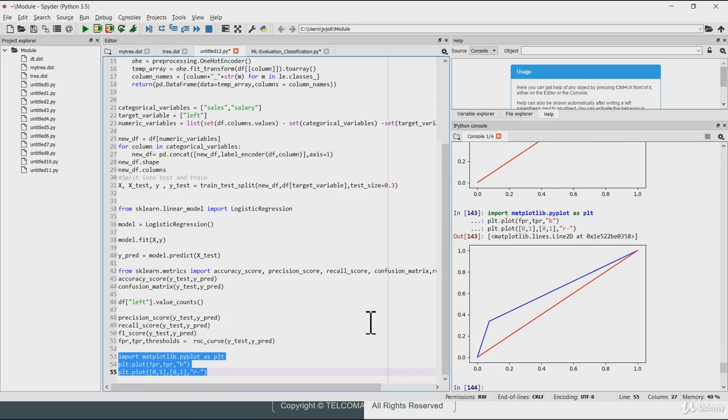Together, the way we understand this would be there is a lift from the baseline, and that lift is not really significant. So this model is not really a great model. This model would have been a great model had the curve been somewhat like this. So the lift from this baseline, if it is higher, would indicate a much better model. So this is not a great performing model. From the model performance metrics, you can understand that this is a very average model. There's definitely a lot of scope to improve this further and build a more powerful and more accurate version of this model. But in the ROC curve, just with a simple visualization, you can understand how good is this